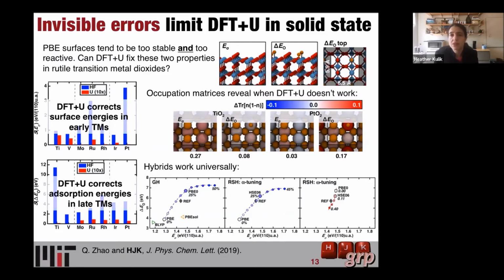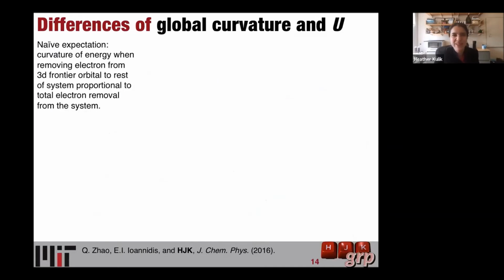So for the most part, in the best worlds, DFT+U can fix our electronic structure problem from PBE or LDA. In the worst case scenario, it frequently does nothing. There's some third class of categories where you can have other problems, but those are the two I'm going to talk about today. So that was an aside, but coming back to a more fundamental question,